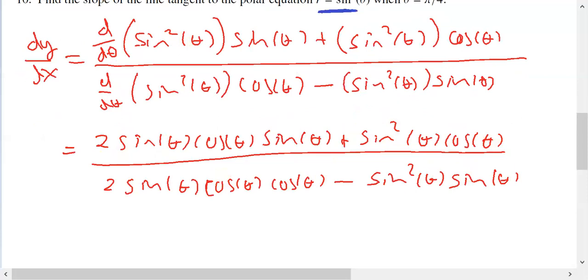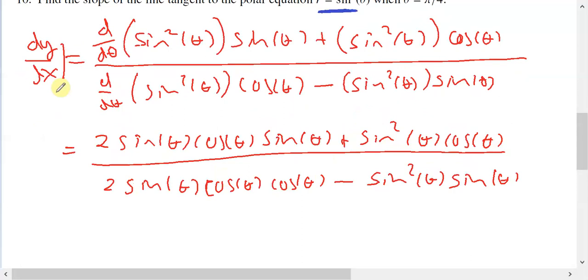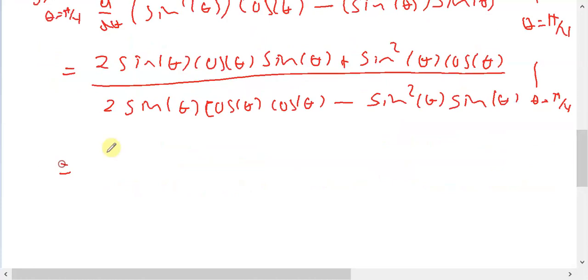And as I said, I'm going to take all of this and evaluate it at pi over 4 to get my slope. I'm going to do that now because I don't have to simplify any further if I do it now. And the nice thing about sine and cosine of pi over 4, you get 1 over square root of 2 from all of those. So everywhere I see a sine or a cosine, if I plug in theta equal pi over 4, I'm going to get 1 over square root of 2. So I'm going to get 2 times 1 over square root of 2, 1 over square root of 2, 1 over square root of 2, 3 of them,